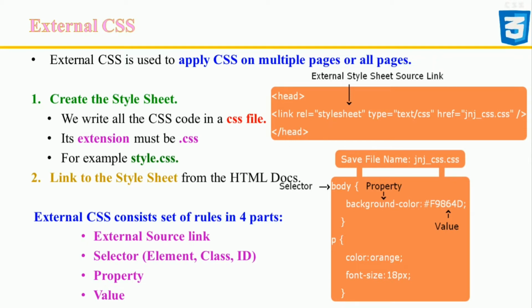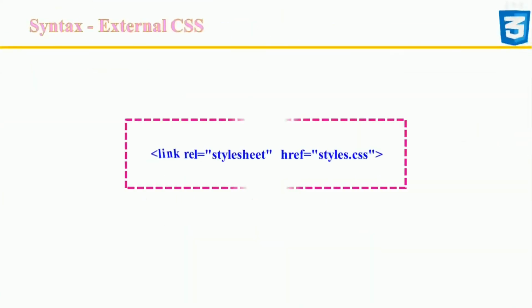And this file should not contain any HTML elements. You have to use the link element to link the HTML to CSS. The rel attribute describes the relationship between the HTML document and a linked document. The href attribute, that is hypertext reference, points to a specific file that you are uploading. And we use the link tag on every page, and the link tag should be put inside the head section.